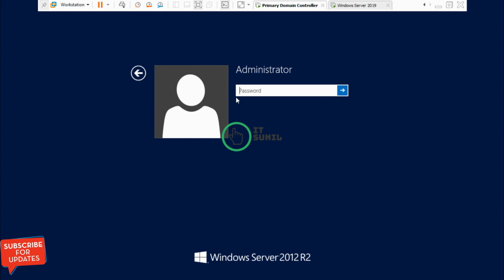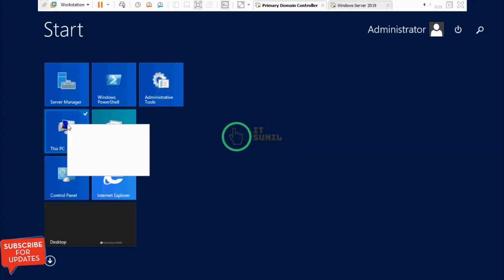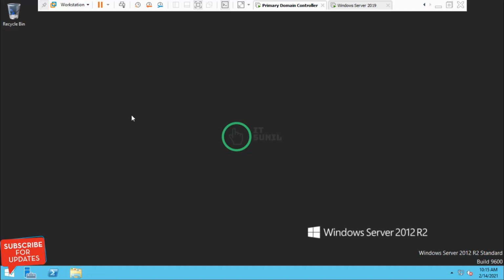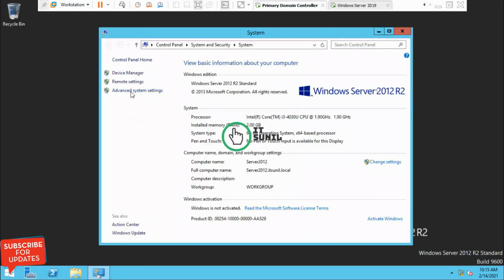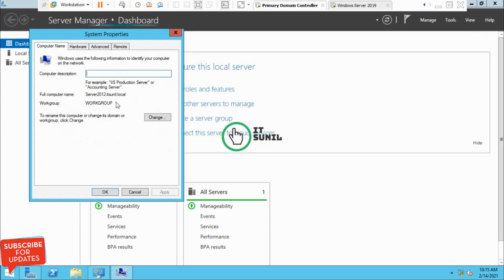Now you can see this computer is not a member of a domain controller. Type the new password. My primary domain controller has been successfully demoted. Now I'm going to open properties, and you can see this is only a workgroup.